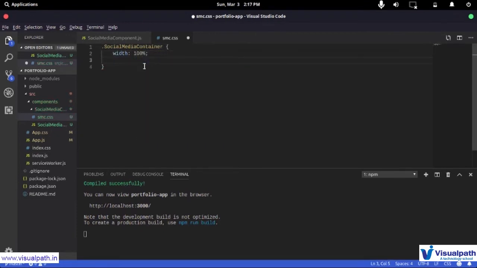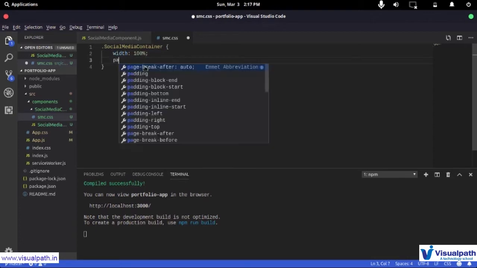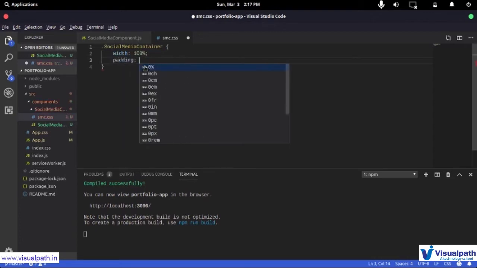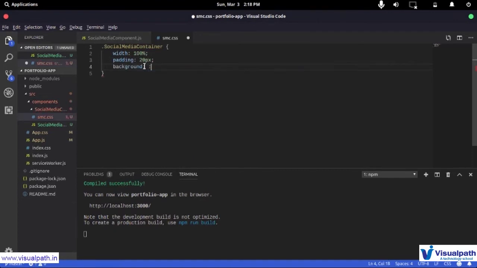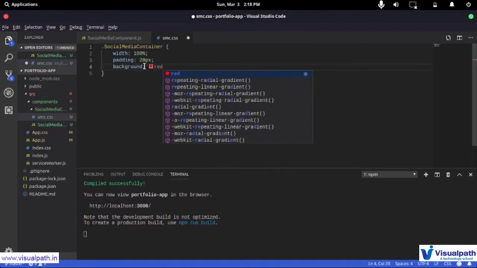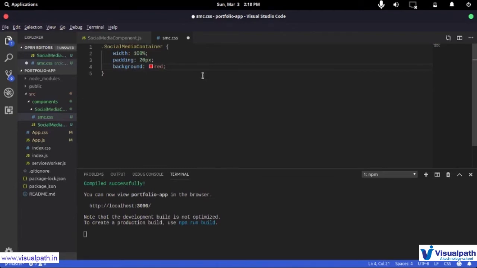Then I want it to adjust its height automatically, so I'm not going to touch height. Now I'm going to give it a padding of say 20 pixels all around. Then, just to see how this looks, I want to have a background, and let's say the background has to be red, just to clearly see what's happening.